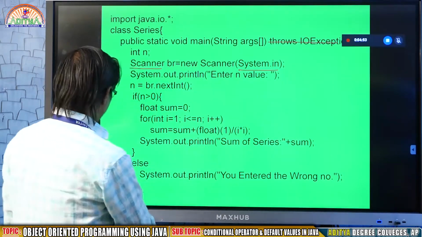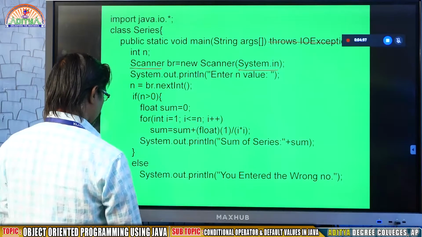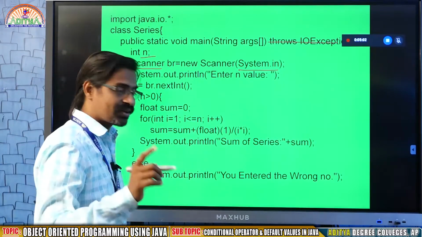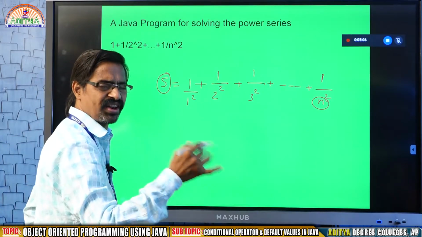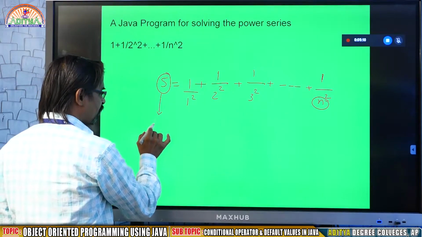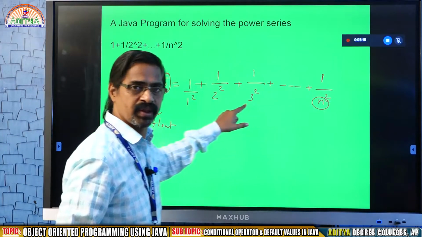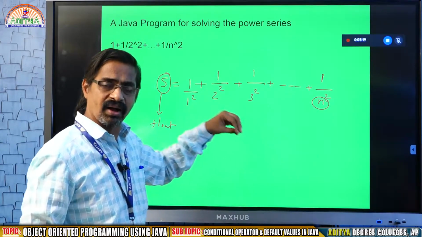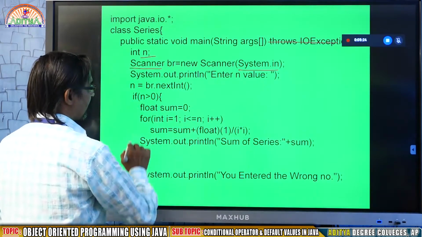Here, in this expression, what I need now is the n value, so I define n as integer. But whatever result you are calculating, whether sum or series, that answer will always be real, that means either float or double, because there is a division operation. Whenever there is a division operation, the answer will be in real format. Okay, so now come down.